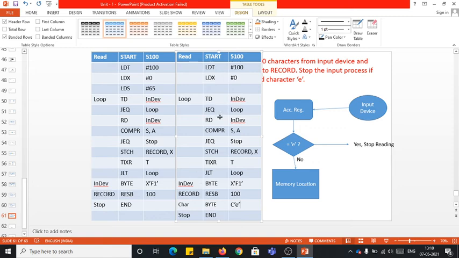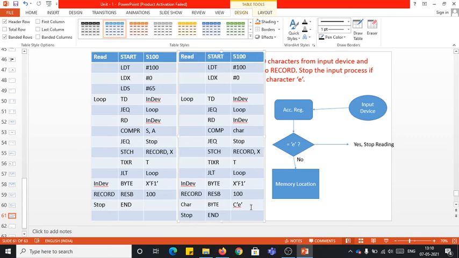Now you see, as soon as you read the data from the input device, in this process of comparison, I'll say COMP. What is there in the accumulator register is the character you read, that I'll compare with this CHAR. What is this CHAR? CHAR is the one which has the character E, because I stored the character E onto the CHAR, that I am comparing here. So two ways: either you initialize the character E to the variable like this, or you initialize the respective ASCII value onto the register and do a register to register comparison, otherwise compare with the respective character. Both are one and the same.